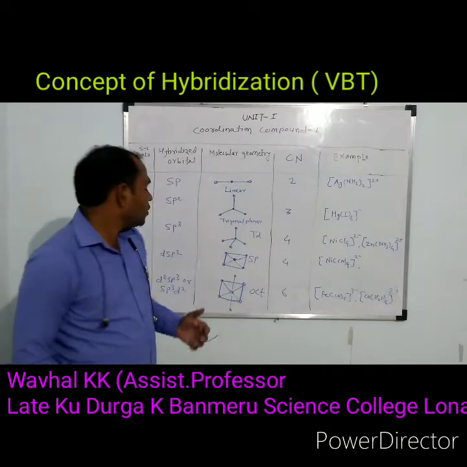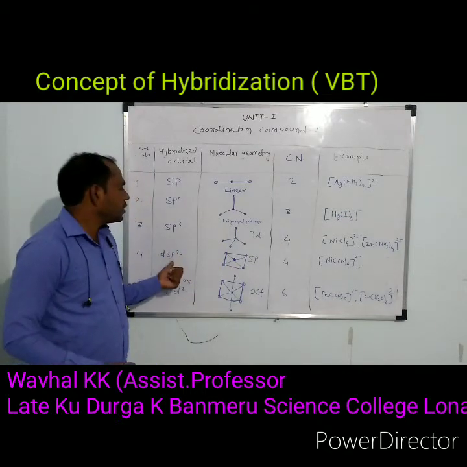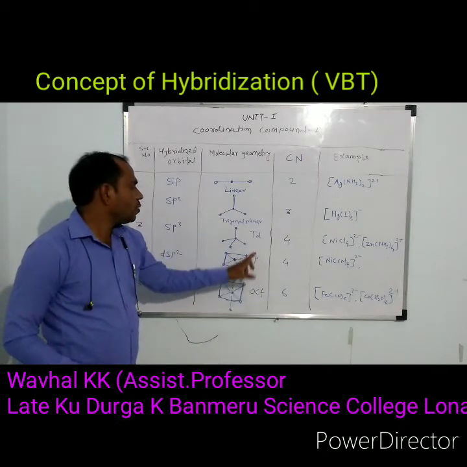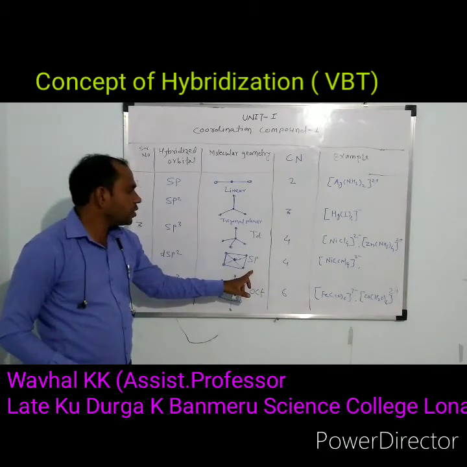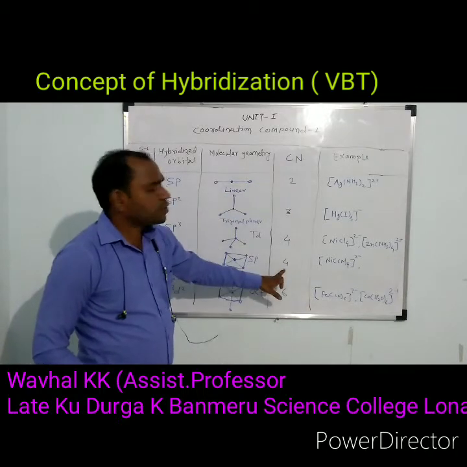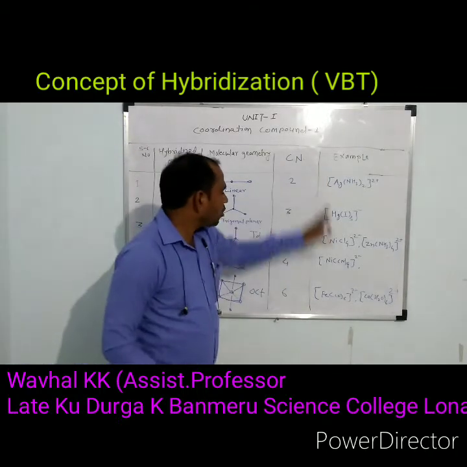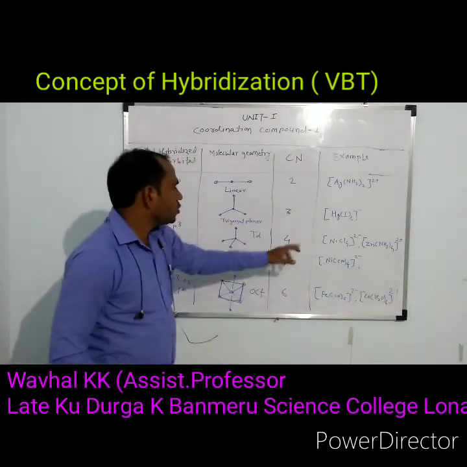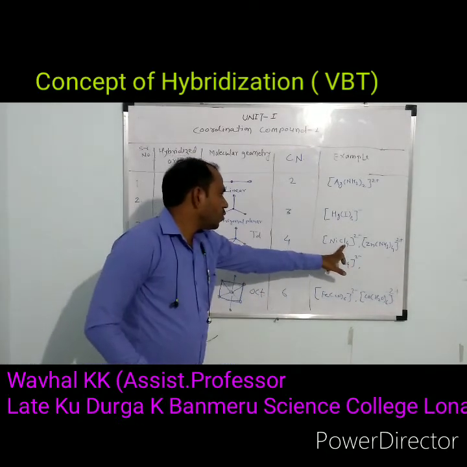When the molecule undergoes dsp2 hybridization, it acquires square planar geometry. In a square planar geometry, the coordination number of the complex is 4, and an example of such a complex is [Ni(CN)4]2-. This geometry, or this [NiCl4]2-,